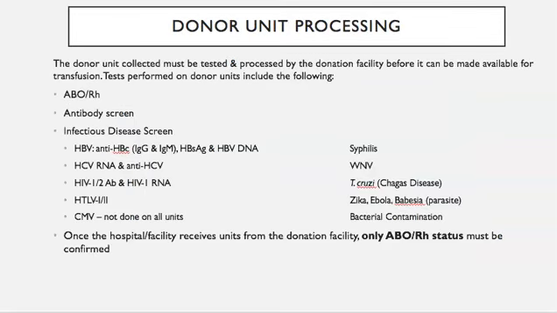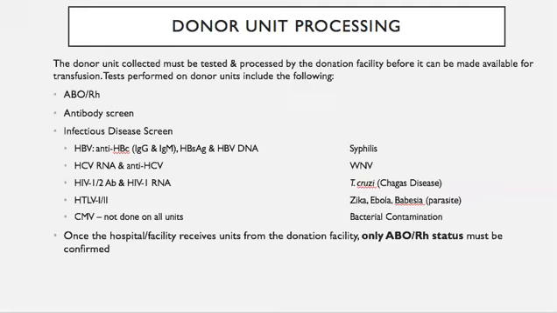Okay, donor unit processing. So the donor unit that's collected has to be tested and processed by blood bank technologists before it can be made available for transfusion. Tests that are performed on the donor unit include an ABO-RH, an antibody screen, an infectious disease screen, which includes testing for hepatitis B, hepatitis C, HIV, HTLV, West Nile virus, syphilis, Trypanosoma cruzi, Zika, Ebola, and Babesia, CMV, which